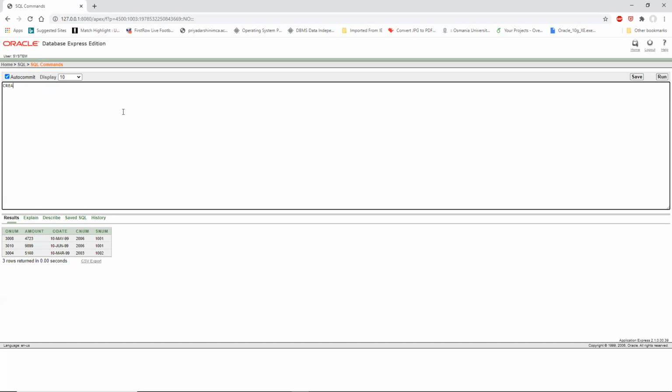So to do that, create view. We can name the view table name as anything. Let's say okay. Select, here it asks, we can put star, from customer where